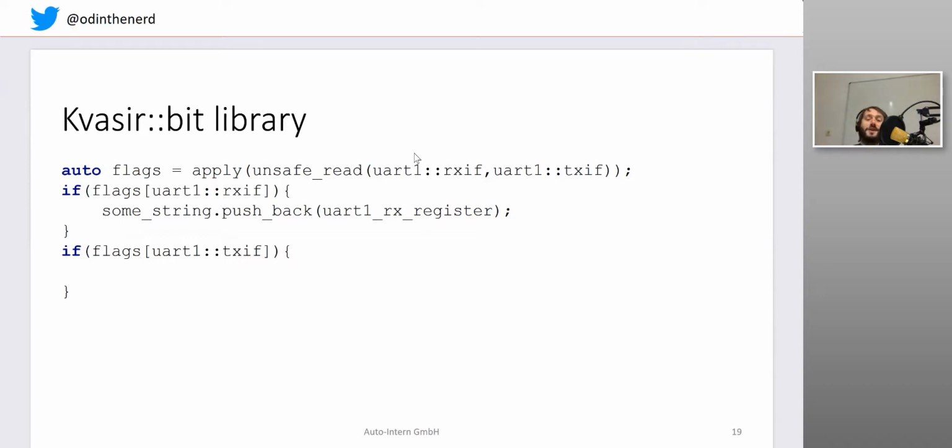Well, Quasir is a group of libraries. What I was showing here is Quasir Bit, which is the hardware register interaction library. There's also some other infrastructure libraries like Quasir MPL, which is the fastest metaprogramming library to date, at least according to Louis Dion's benchmarks. And I will be talking about Quasir at the Code Dive conference in 6 weeks, and